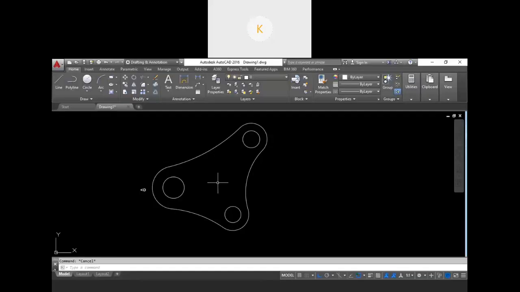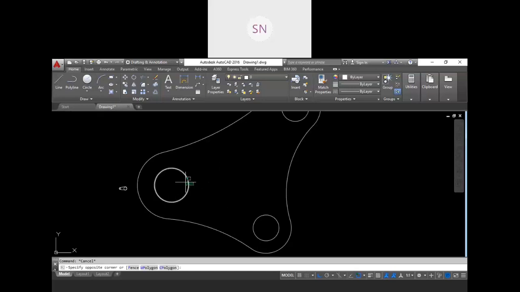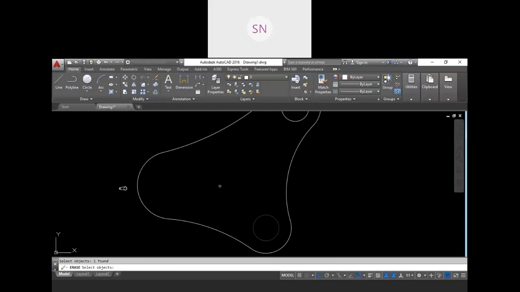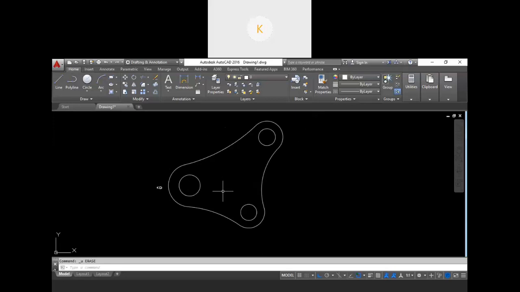Sir, how to erase it, sir? How to erase? For the erase you can use the delete key, right? If you want to erase any object, select it and press delete, or we have the short key E, enter, E for erase, E, enter, select and delete. We have to erase a portion means how, sir?